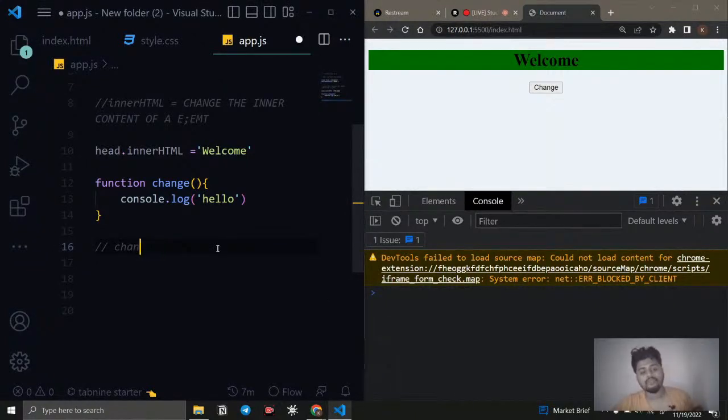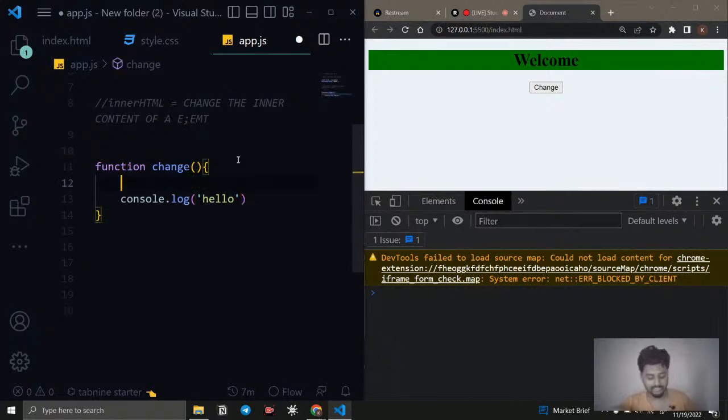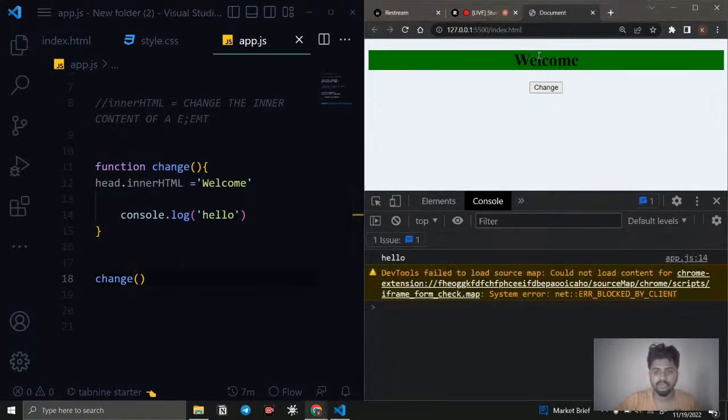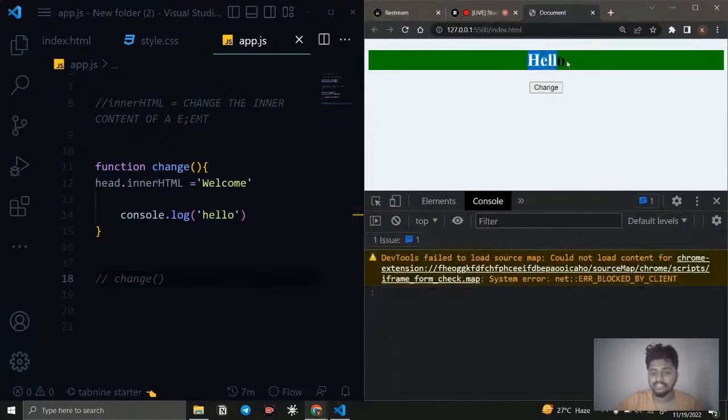The same thing, that is what we want actually. So right now the next thing is, instead of console.log, I'm just going to paste this code inside it. So now what happened? When someone calls it, only then this hello is changed to welcome. If someone doesn't call it, it is not changed. If I call the function change, now you can see it is changed to welcome. If I don't call the function, then you can see it is not getting changed, right? No matter how many times I'm saving, it will not change, right?